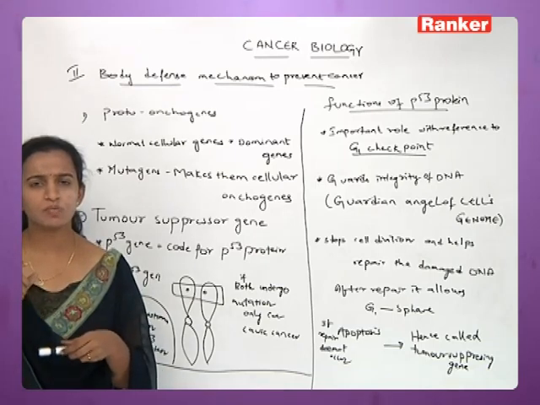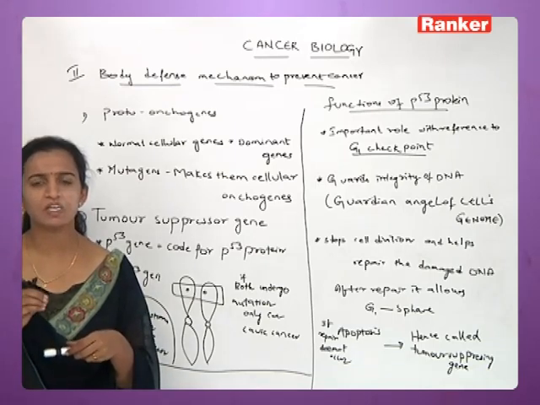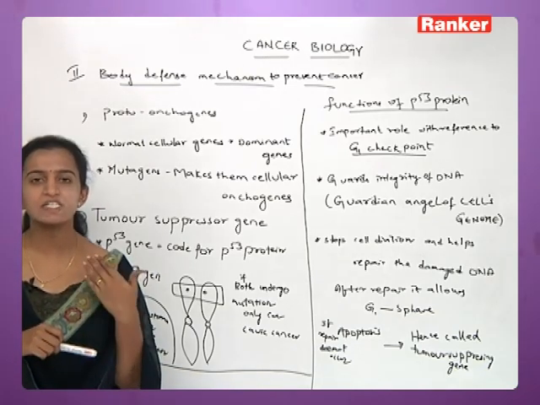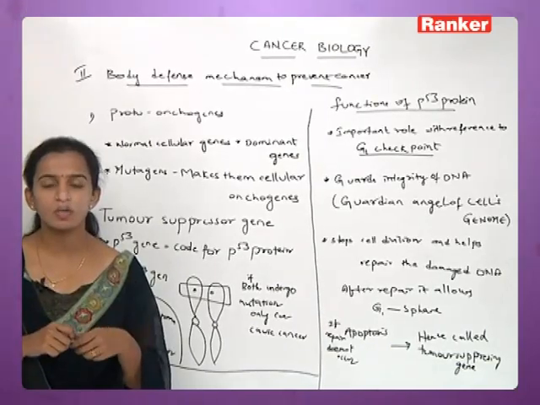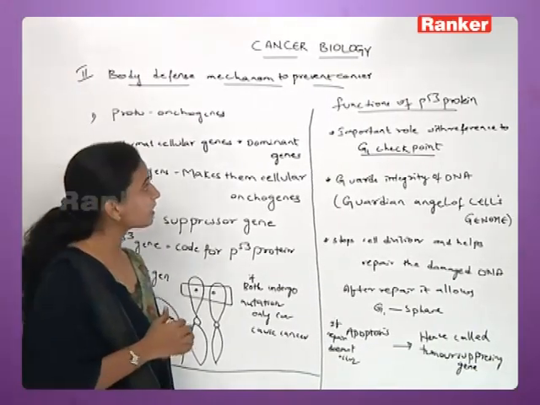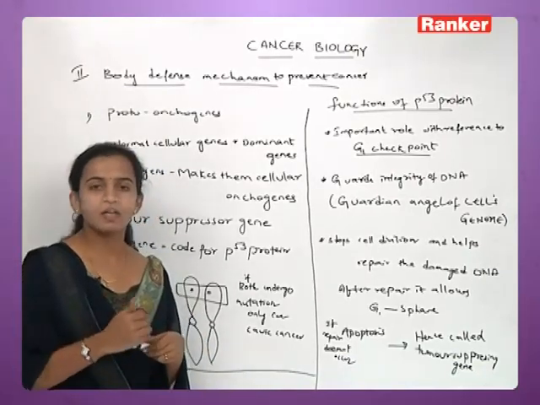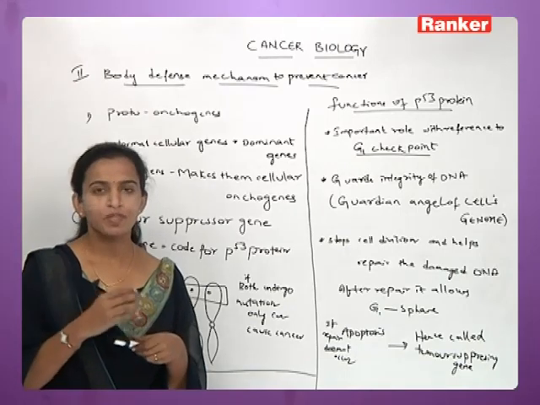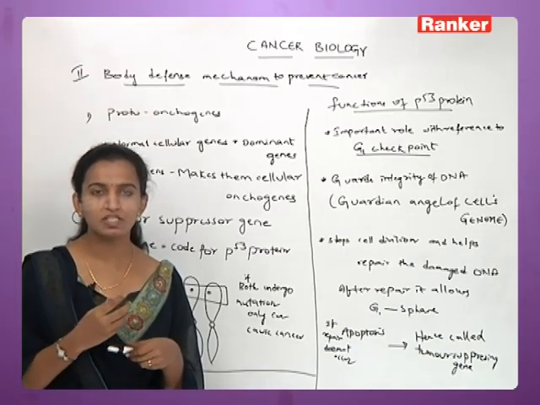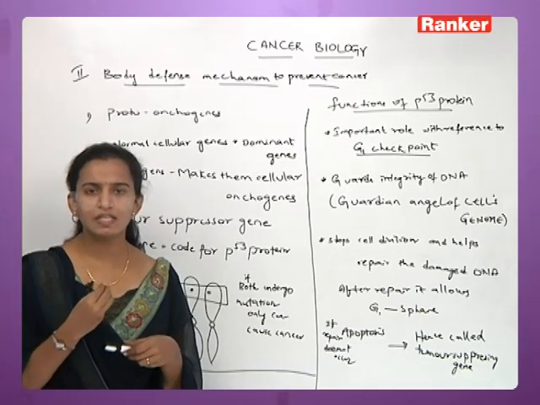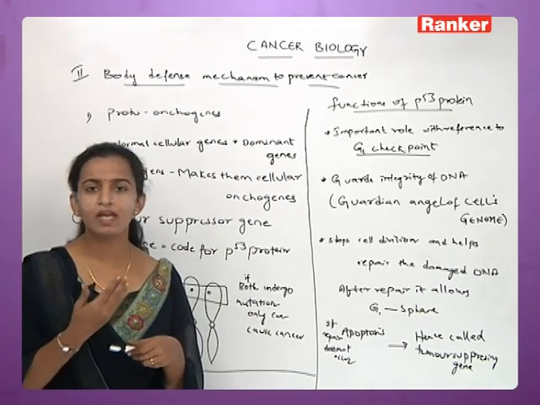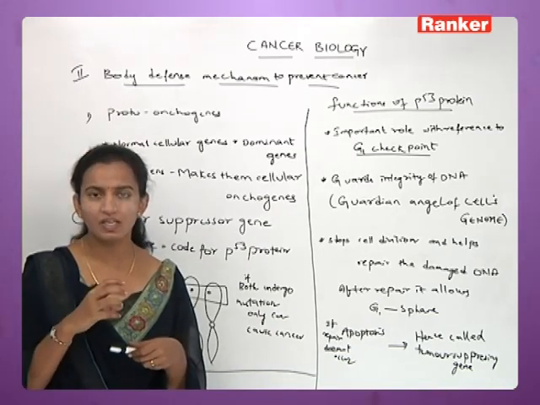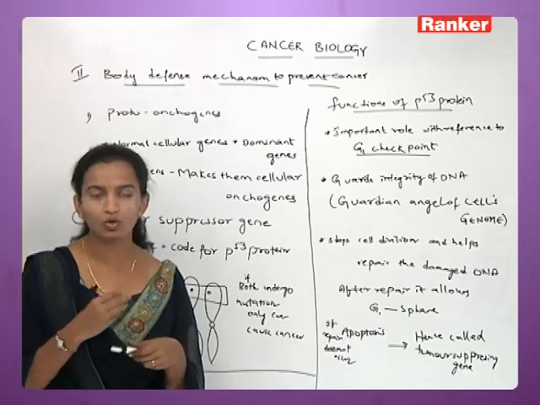So there is a question: even though the immune system is present and everything is properly present in the body, why are these cancer cells arising, and why is cancer growing in a normal human being? There are some mechanisms, and if there is a failure of these mechanisms, cancer takes place. There is an immune system in our body which acts against the cancer cells, but the failure of this immune system is what makes these cancer cells grow in a normal human being.